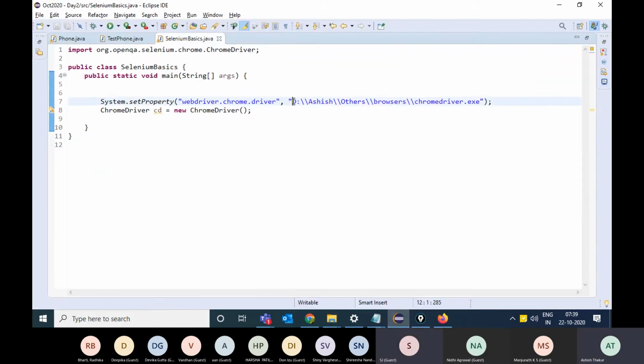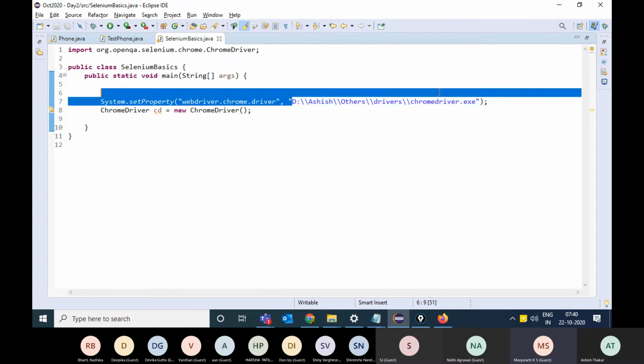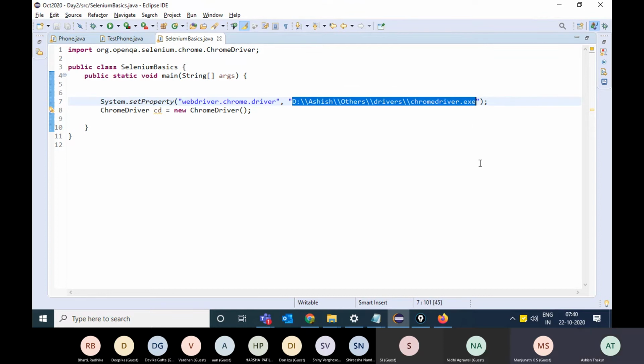Okay, I will just rephrase the same question. So when I'm developing the script, I should have this kind of setup. But when I'm installing the same script on the developer machine, even the developer machine should have the same setup. Correct, Ashish? Whichever machine you are going to, you should have this exe file.